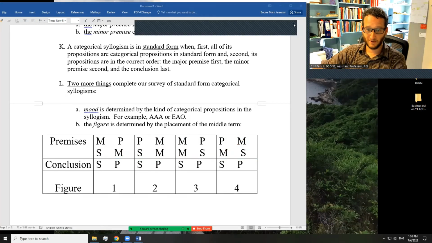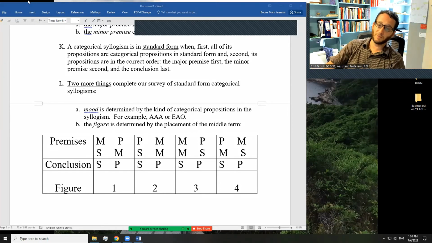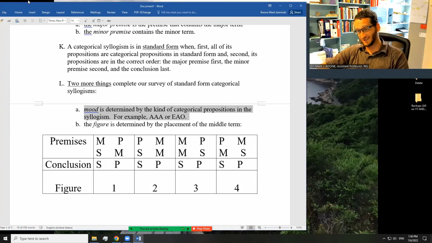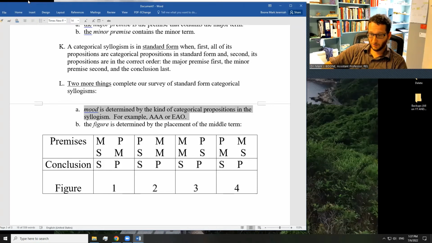And that's all I can tell you about that. Mood is determined by the kind of categorical proposition of the syllogism. For example, AAA, EAO, or EIO, OIE, OOA, etc. There are going to be 2 premises, 1 conclusion, 3 categorical propositions, and it could be the first one is an